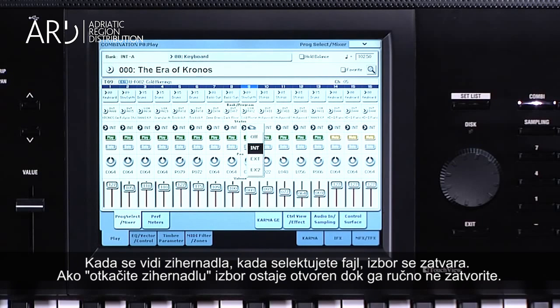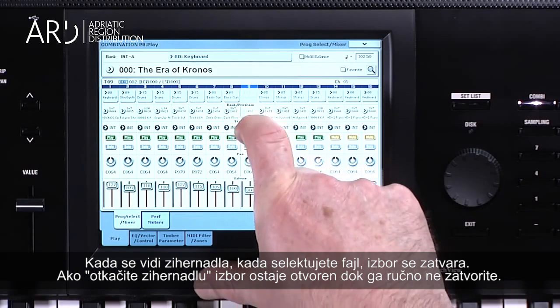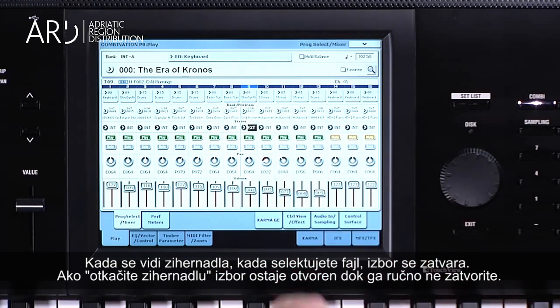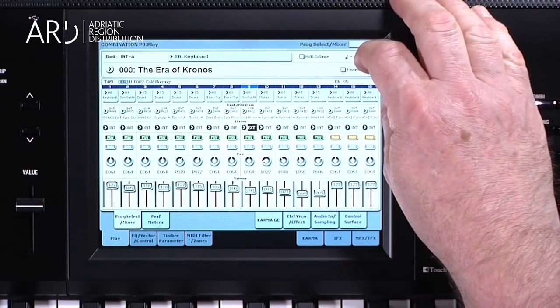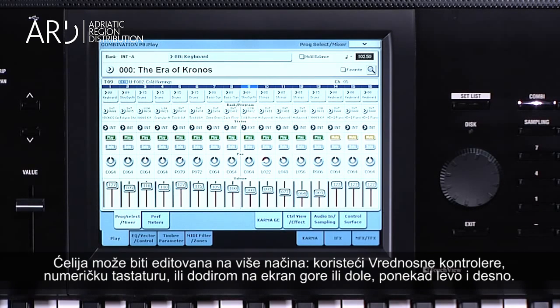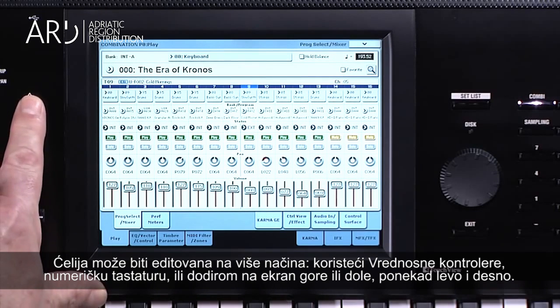If there's a safety pin icon, then when an item is selected, the window closes. If you touch this safety pin icon, the window is locked open until you press it again. When you touch a parameter, the parameter or its value will usually be highlighted. This is called the Edit cell. The cell can be edited in a few different ways. Using the value controllers,